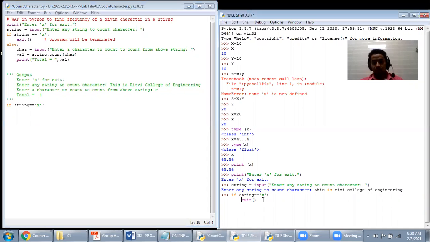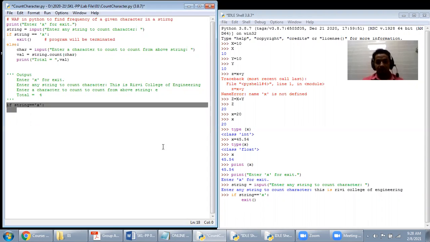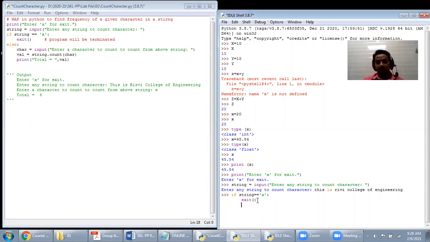So hope you have understood this part. What is indentation? Suppose you have written it here. Once again, I'm deleting it. Now you want to go to the else part. So do not write it here. If you write anything here, it will be considered as part of your if statement. So go out of this one for the else, right? Once again, if you have written any statement, you want to similarly write it on the new line. First thing you have to type it, otherwise, second thing, bring your cursor back onto that statement and press enter. It will automatically come the same way as previously you have written.